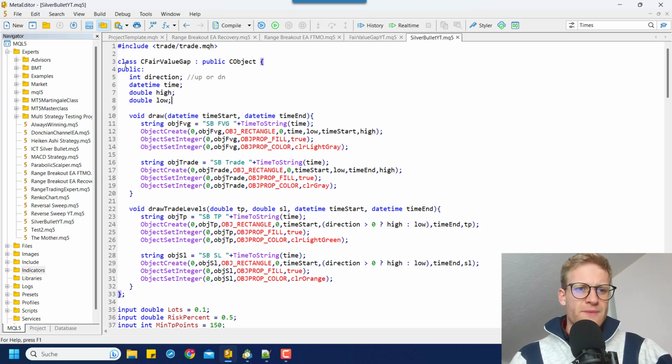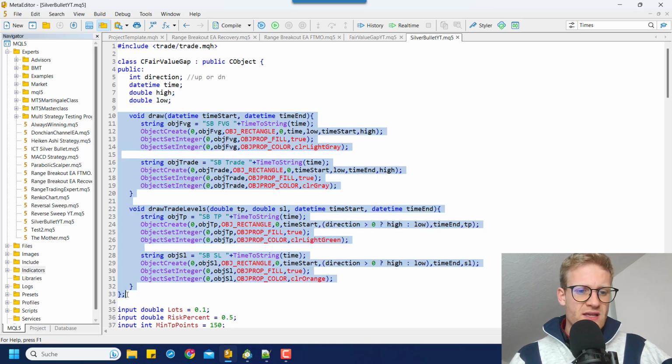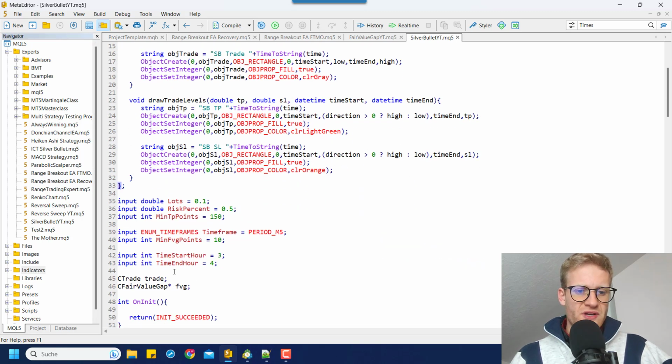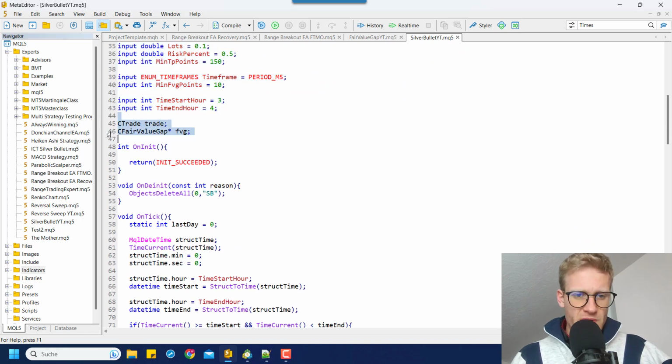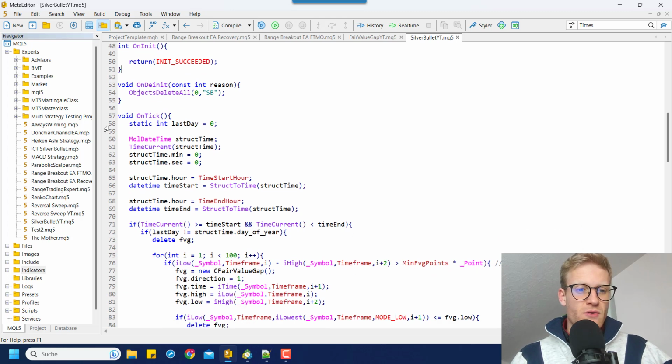In this tutorial, I just created this class for the fair value gap, which has 4 member variables and 2 functions. And then we had a bunch of input variables here. Then we had some global variables here. We have an onInit function that we don't use, onDeinit where we only delete the objects when the program is removed from the chart, and then the onTick function. Here we